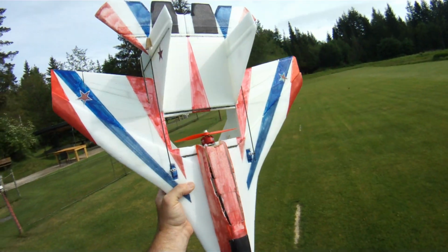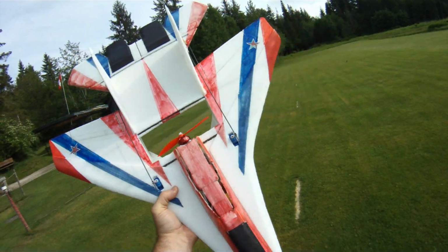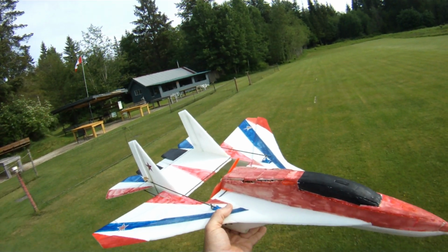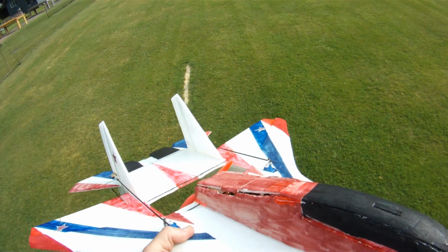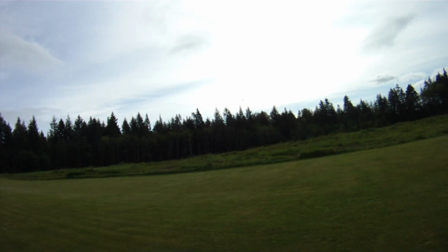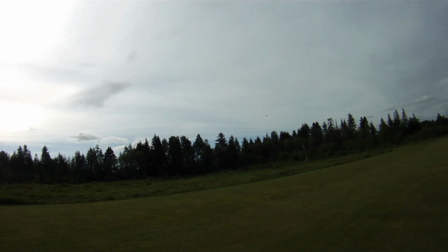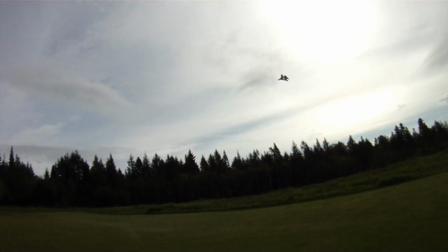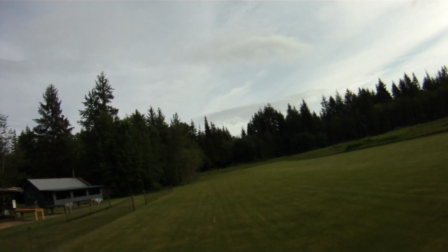Hi folks, part 2 of the test today. So same setup, King Kong 6040 prop, Racerstar BR2406 2600 motor, now on 4S. Just did a quick test with the watt meter, pulling about 44.5 amps, so a little bit more than the 6x3 EMP was. So let's see what happens when the rubber hits the road, so to speak. Yeah, that's definitely a little faster than the 6x3 EMP with that extra pitch,